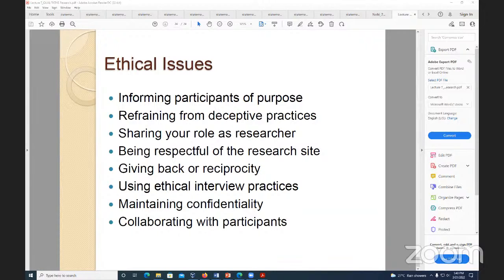And collaborating with the participants is really unusual, but if the participants want a summary of the research, like me, the lady who just did it, she's doing her PhD, and I told her I definitely want a summary of this study, and she told me she's going to invite me to her PhD defense, and I actually want to go. So I'm like, yeah, that sounds cool. I could have wanted the abstract, but I actually prefer going to the defense. So once I'm not busy, I'll go to her defense, or if not, I'll just get the abstract. I can't get any other benefit from the study, but at least I can get that.